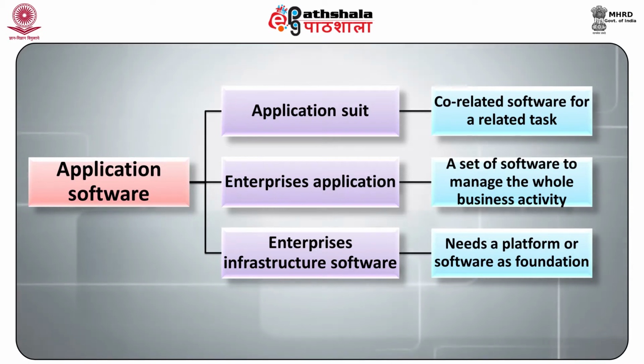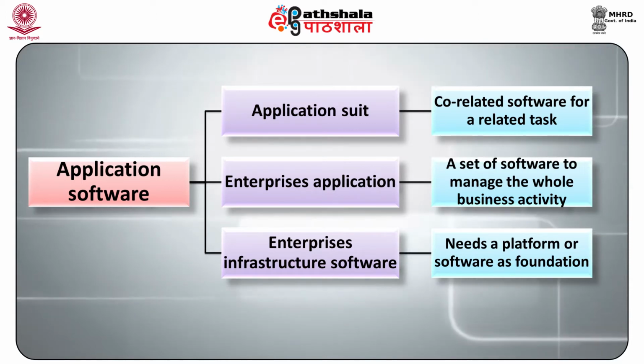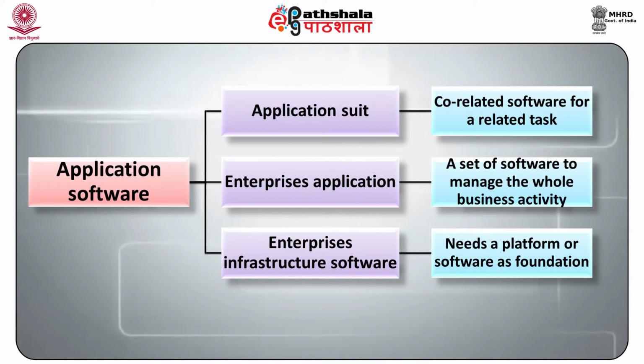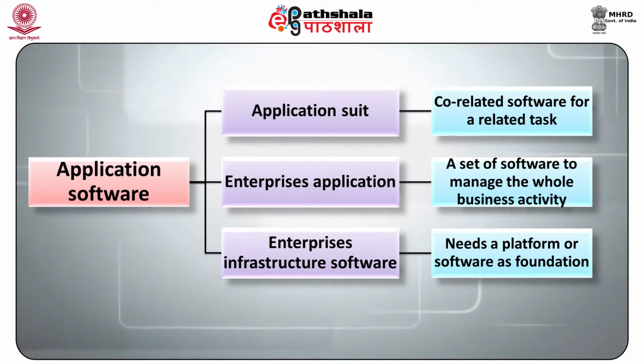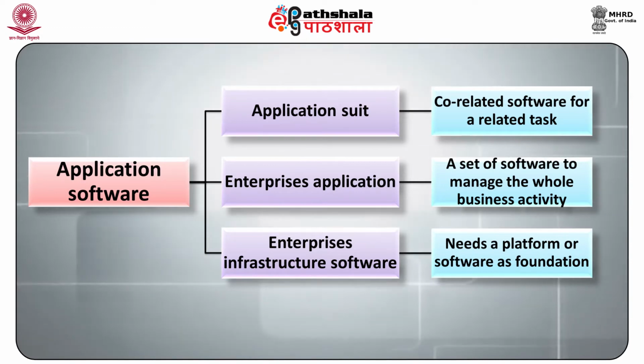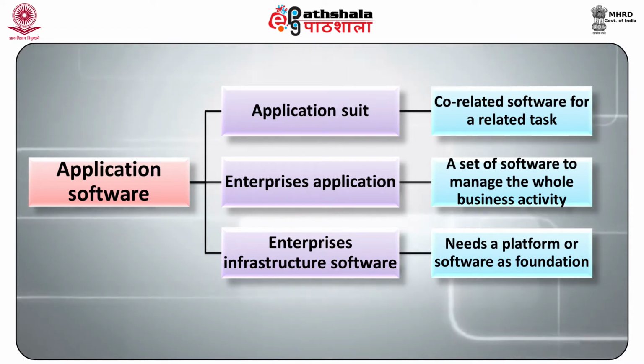Second, enterprise application. It includes a set of software to manage the whole business activity. Third, enterprise infrastructure software. Software needs a platform or a software as a foundation. For example, if you want to implement business management software, then you must implement database, mail server, so they come